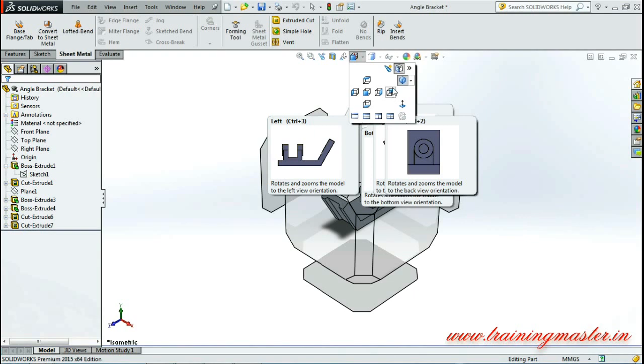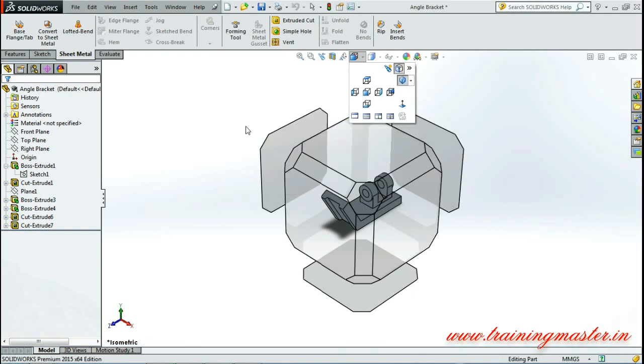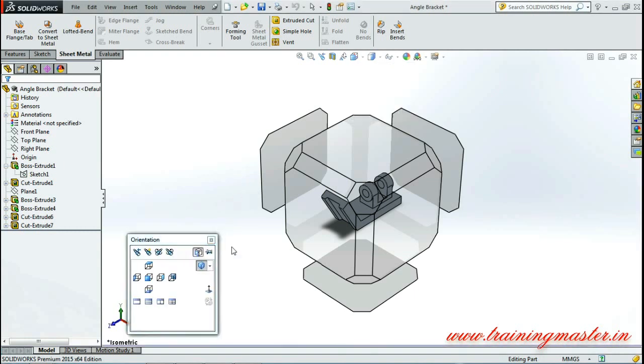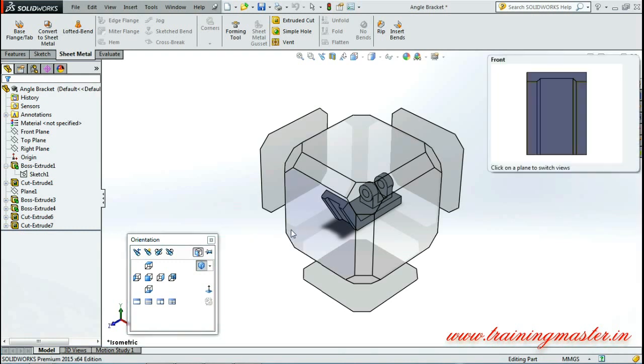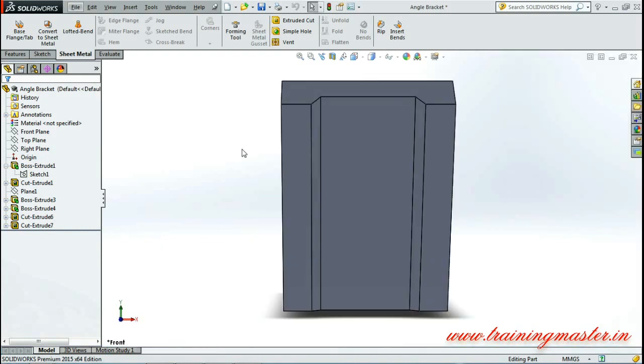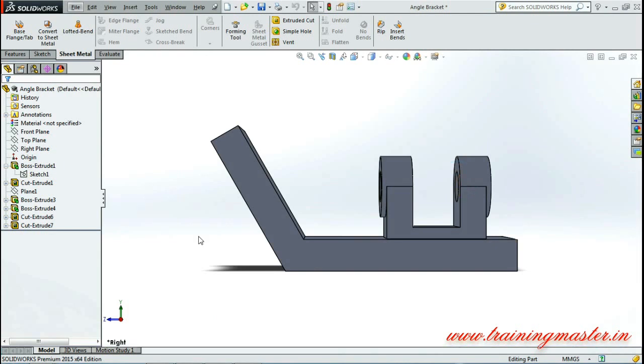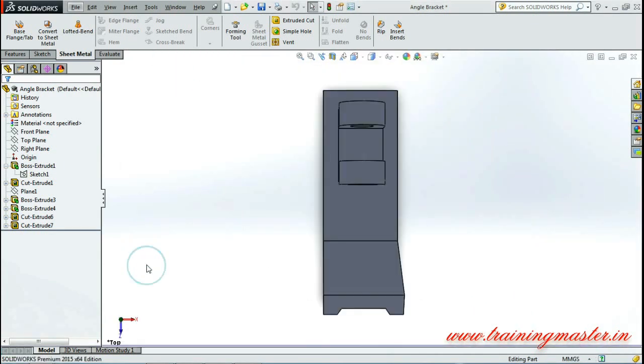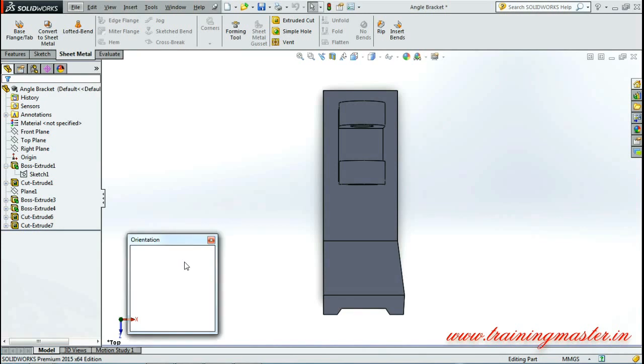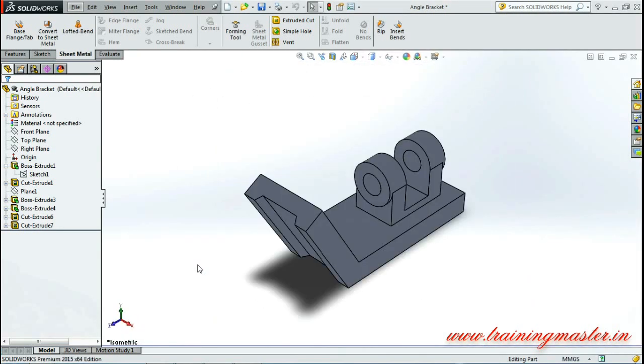And if you have this option selected here, View Selector, by simply tapping the space bar, you can select a face to give you a certain view, for example, front view, or a right hand side view, or the top view, or the isometric view.